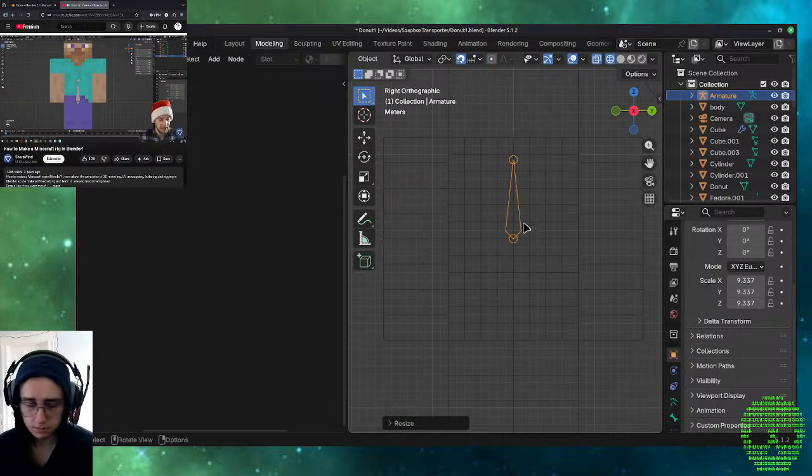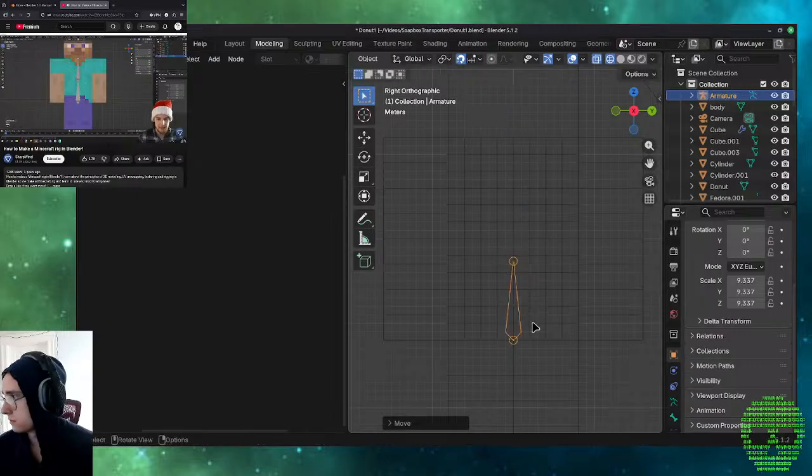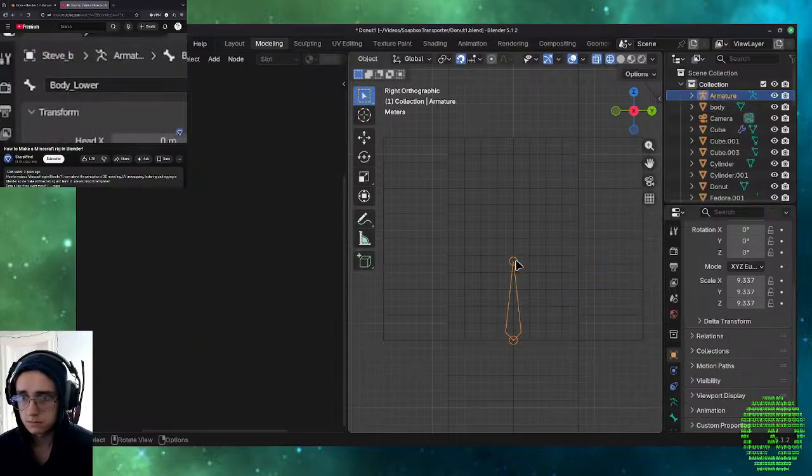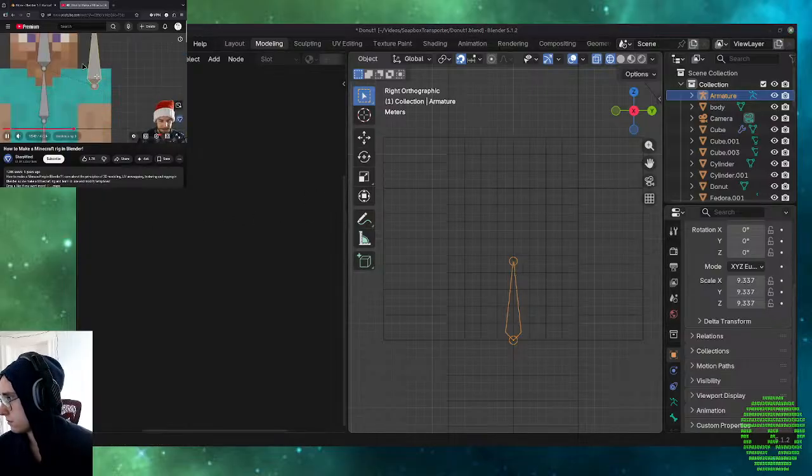Now while I have the tail selected, I can extrude a new bone by pressing E, and I'm just gonna put it up here. It's usually nice to rename things. So body lower, body upper. And now I'm gonna extrude another one for the head. Okay, so now that we have this, I'm gonna click on the head thing. I'm gonna duplicate it and move it out like this. So I positioned it in the place of